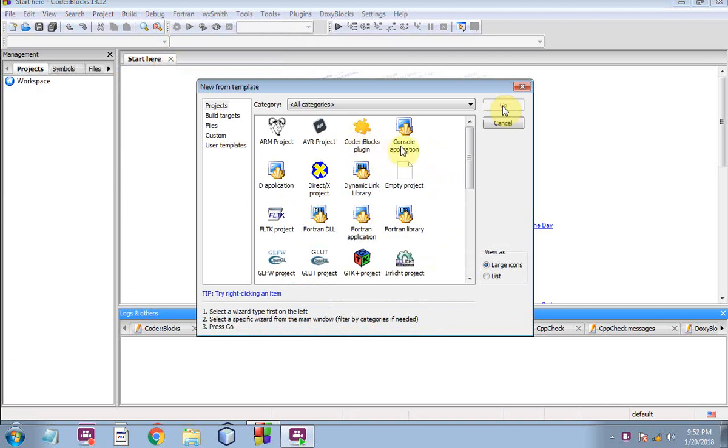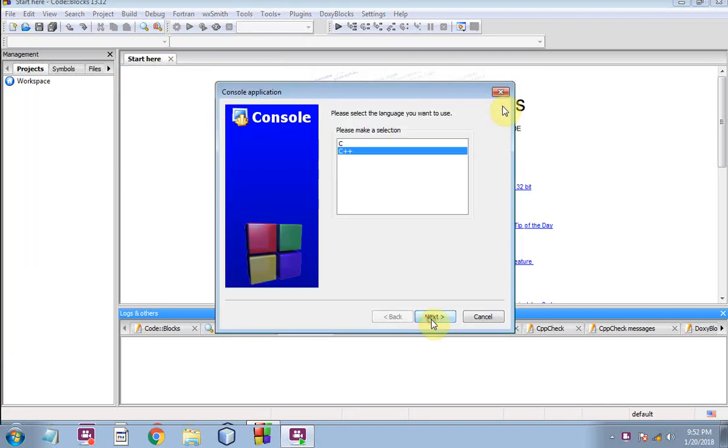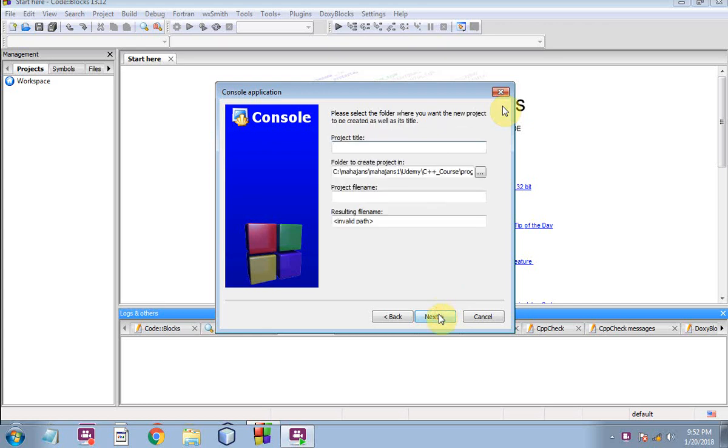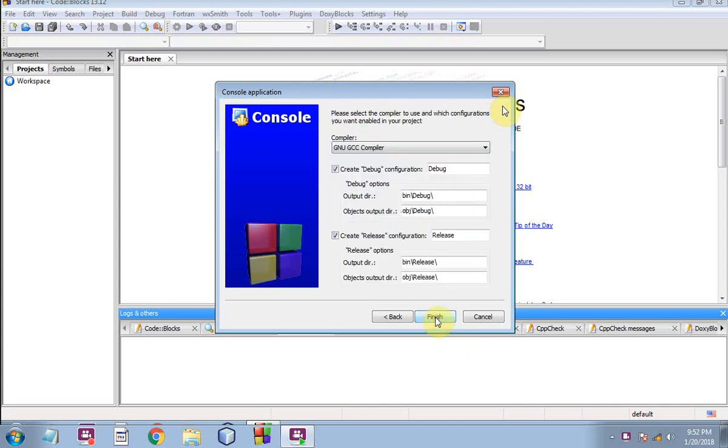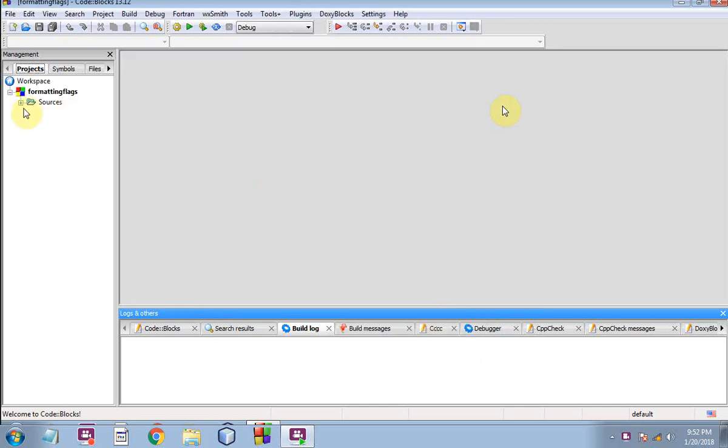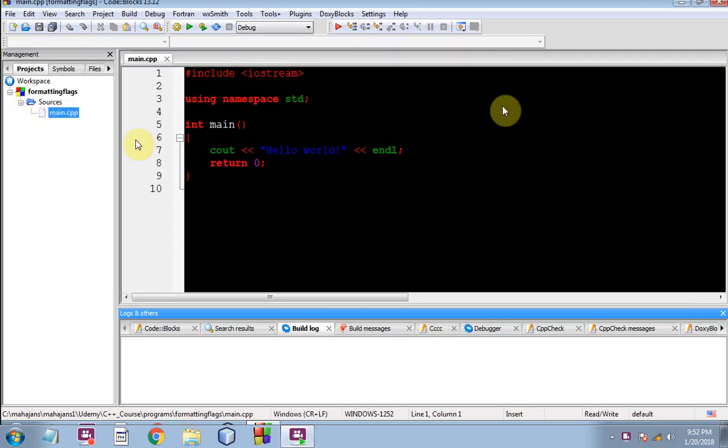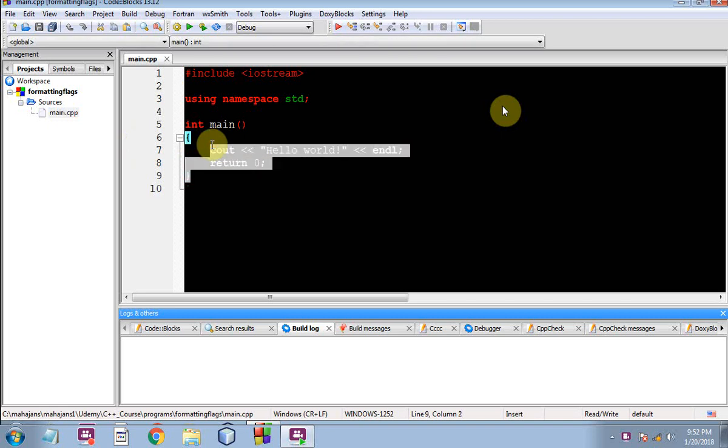I will be creating a project and then click on next, C++, give a project title. Okay, I am giving the project title as formatting flags. It could be anything. Next. So right, go to sources, main.cpp, and